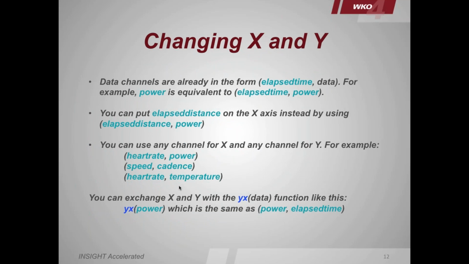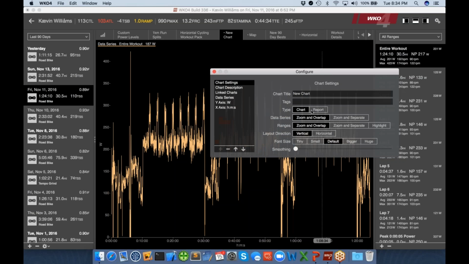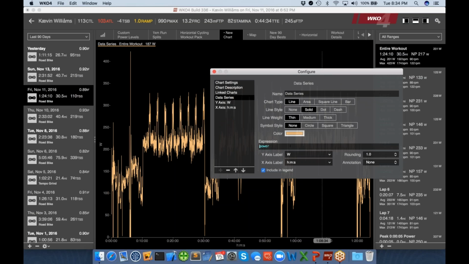Okay. So one of the questions that we get a lot is, I don't want to see just time on the x-axis. I want to see how power relates to distance. Since the data comes in as elapsed time and power, if you want to change it to distance and power, so you're graphing power over distance, I can show you that. So this is exactly equal to that, right? But if you want to see distance on